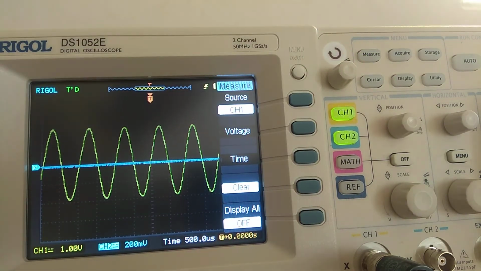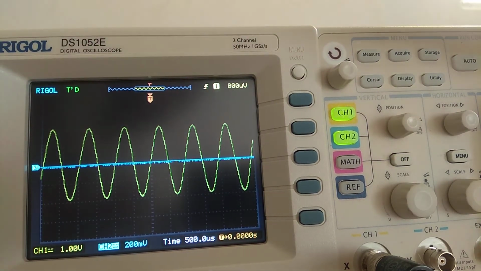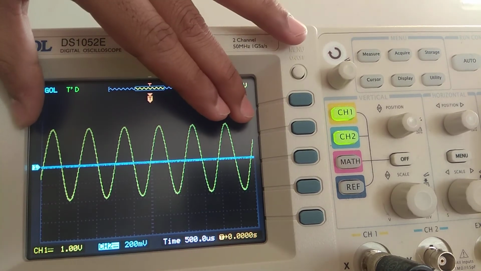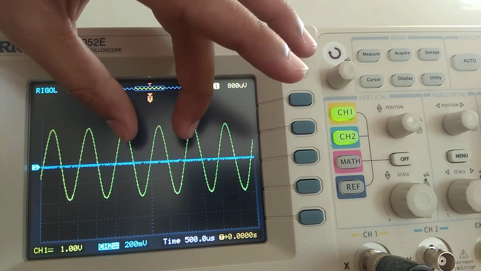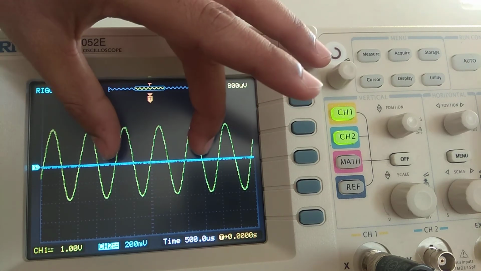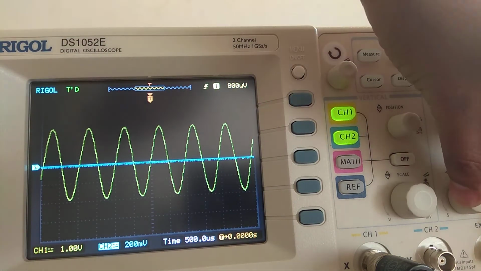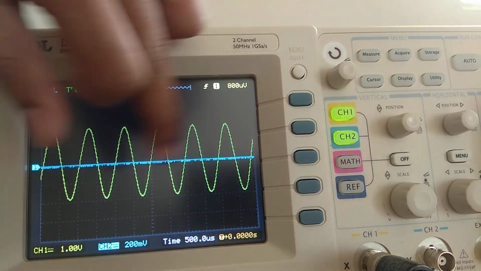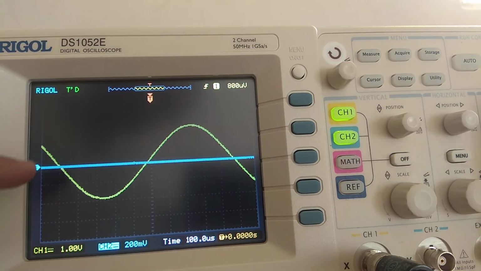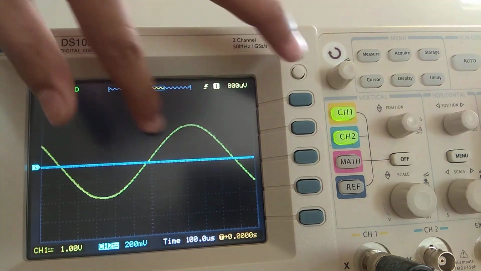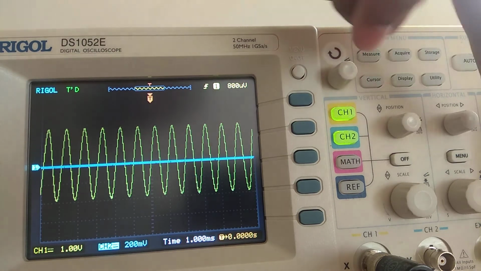Now this is the signal that you got. This is like your camera, whatever signal the function generator is generating, that is showing here. Suppose you want to enlarge this, like enlarging by hand in a camera. This is not a touchpad, that's why you have to use this one, this is the scale for the x axis, the time axis. Now if I increase it, see, you have increased the time base. If you want to lower it, by this you can change your x-axis.